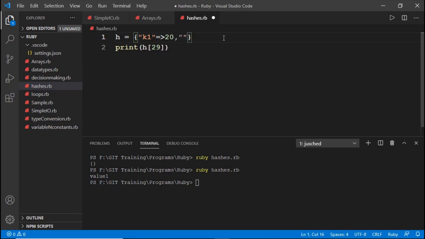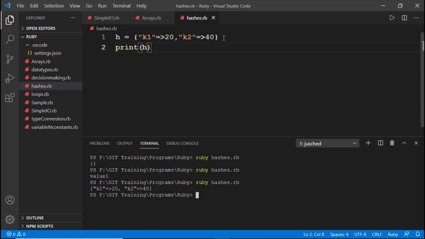I would like to take one more key here, say k2, whose value is 40. Now let's print the hash, which is displayed on the output screen. That is the hash you created, displayed on the screen.